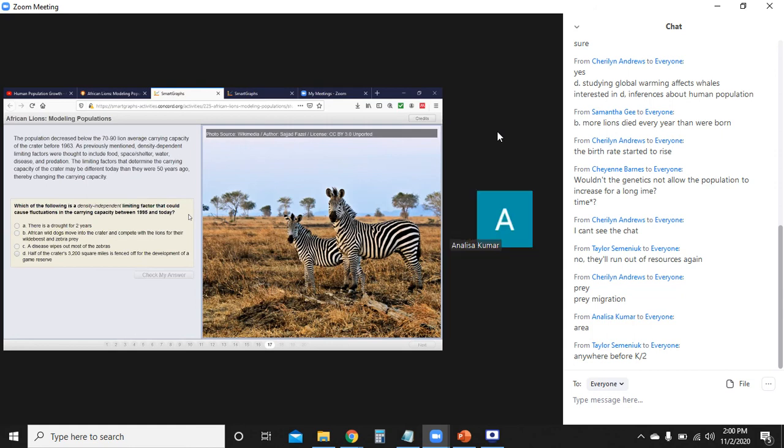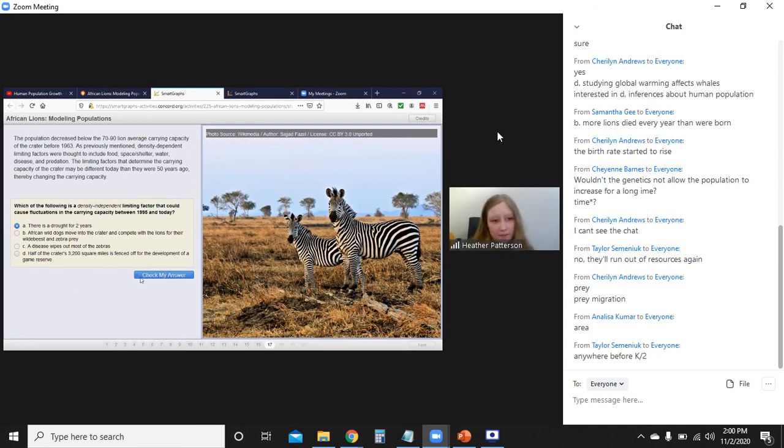If there's a drought. So our other options: African wild dogs move into the crater and compete with the lions for their wildebeest and zebra prey. A disease wipes out most of the zebras. Or half of the crater's miles are fenced off for the development of a game reserve. Those would all be